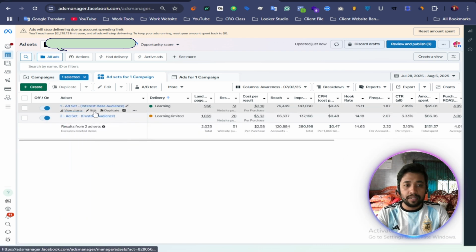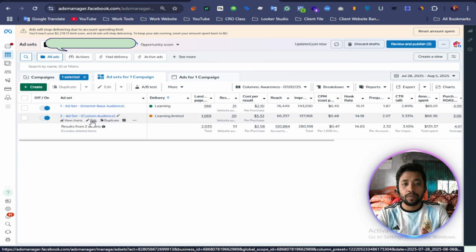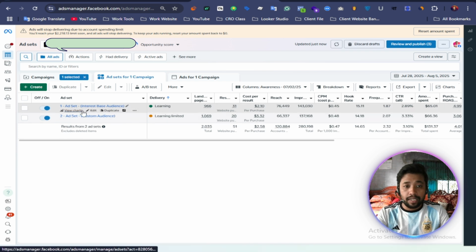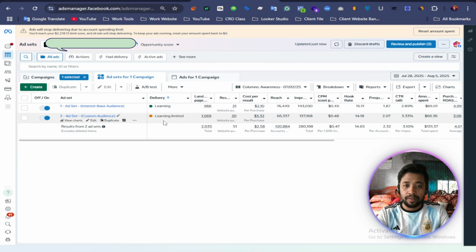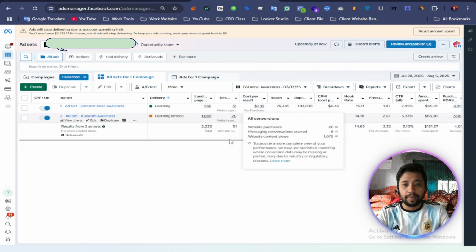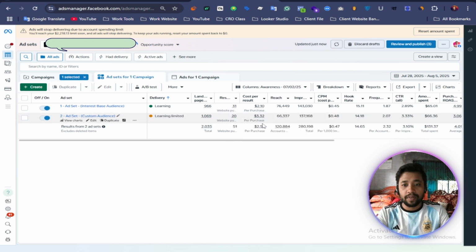So look at that. There are two ad sets here: my interest based ad set and our custom audience ad set. That is my interest based audience. Landing page view is 966, total purchase is 31, and my cost per result is 2.10 cents. My custom audience result is 1069 landing page views, and our total purchase is only 20, and our cost per result is too high, 3.32